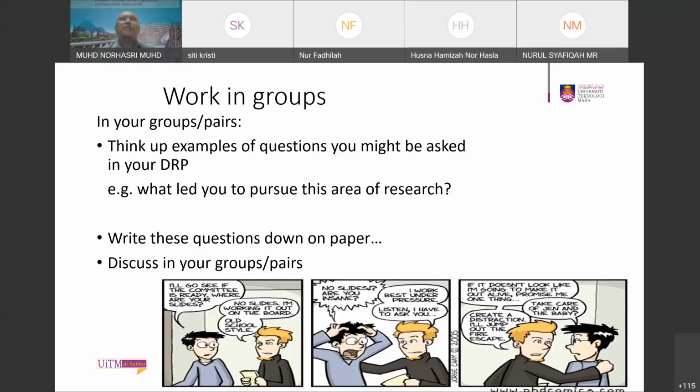among you, you have colleagues who may be doing their PhD not in the same field as you, but have some discussion with them. Share with them. From that discussion, you can seek information that can help you during the DRP. Okay, so basically for research students,